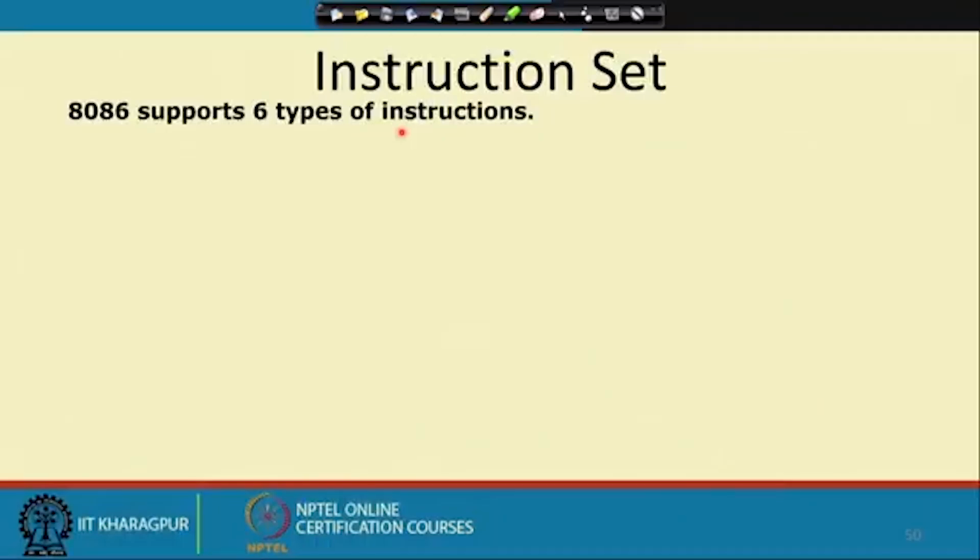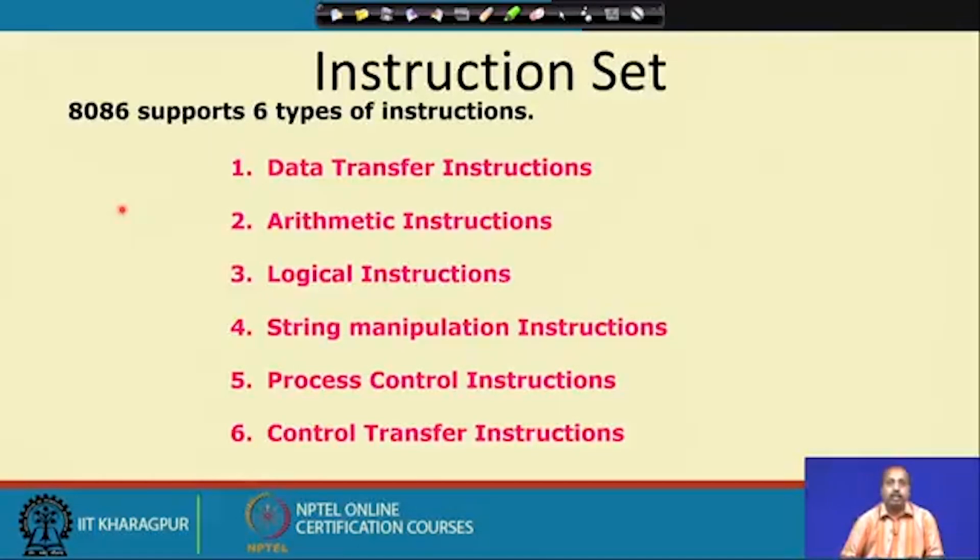So, instruction set of 8086. It supports 6 types of instructions. Just like other processors that we have seen, it supports a good number of instruction types. They can be grouped into data transfer instructions, arithmetic instructions, logical instructions, string manipulation instructions, process control instructions and control